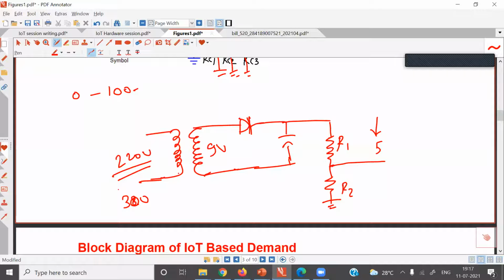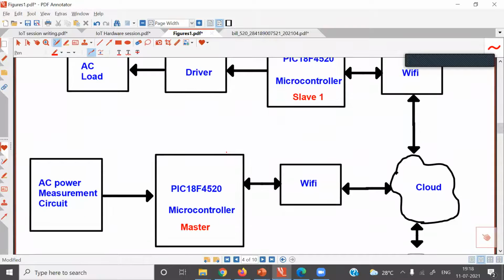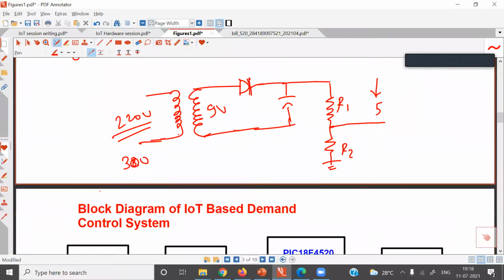So this voltage across R2 is an indication of the primary AC voltage. And what we want to measure is AC voltage. So with the help of this number, you calculate the actual AC voltage, multiply it by current, you will get VA, voltage into current. And this information you can use for implementation of your project. So you can measure this AC power with the help of a current transformer. You can measure AC voltage with the help of a step down transformer like 220 volt on primary, 9 volt on secondary, use a half wave rectifier. Put an electrolytic capacitor around 100 microfarad here. Then calculate R1, R2 values in such a way that you get 5 volt across R2.